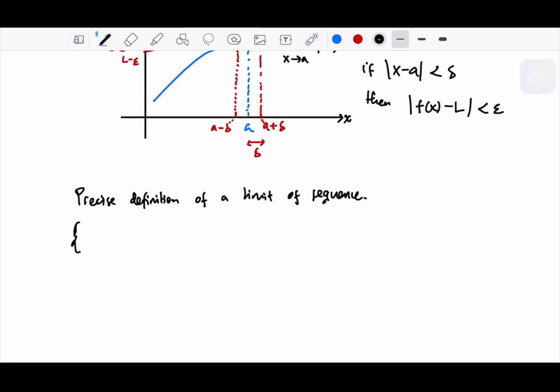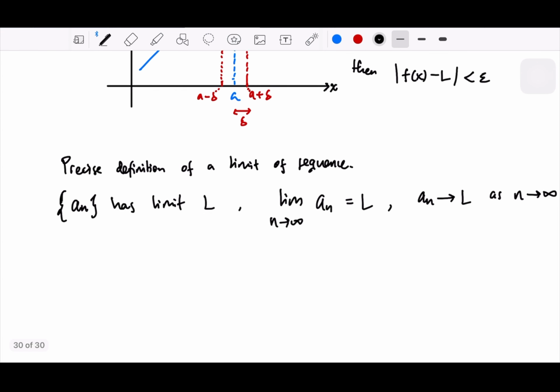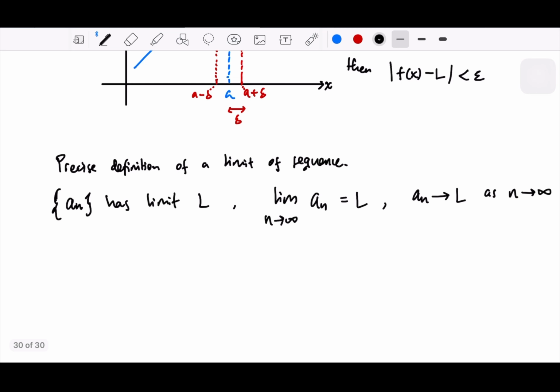Let's say our sequence has limit L, and we write the limit as n approaches infinity of the sequence a_n is equal to L, or we can write a_n goes to L as n goes to infinity. Okay, and this will be true if